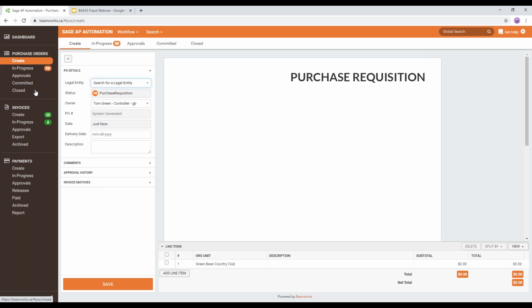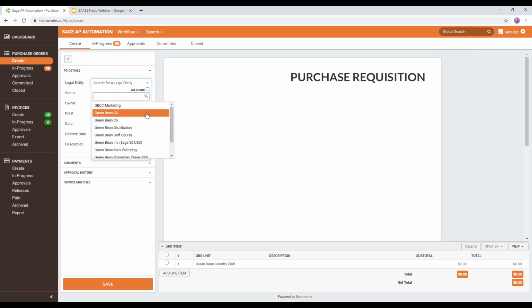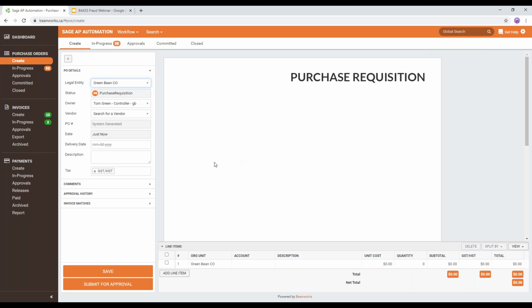Another thing to note is if you currently create purchase orders directly in Sage, that's completely fine as well. We could actually import that data into our software, and it would essentially come over to the committed tab and match with the invoice. And I'll get into more detail on that later. But for now, we'll start at the create here. This means that you're creating your requisition directly in our system, and the purchase order will also be created in our system. So first, we'll select the company you're creating the requisition for,